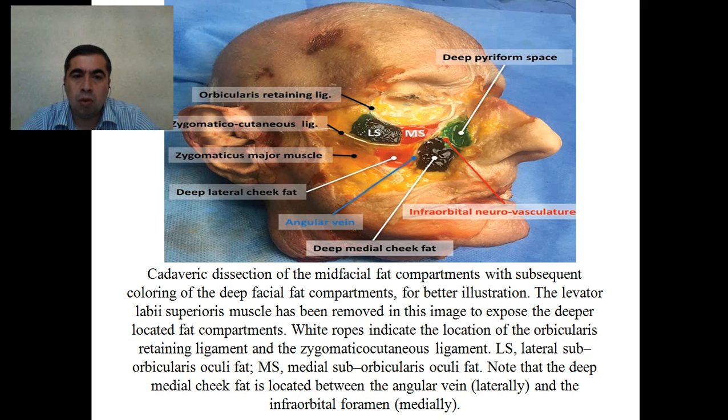zygomatico-cutaneous ligament. We are looking at the retaining ligament at the orbicularis region, zygomatic region. You are looking at the zygomatic muscle. At this moment we have to note the deep medial cheek fat is located between the angular vein laterally and the infraorbital foramen medially. Again, it is not only anatomical dissection, it's topographic dissection, because in this, for example, in